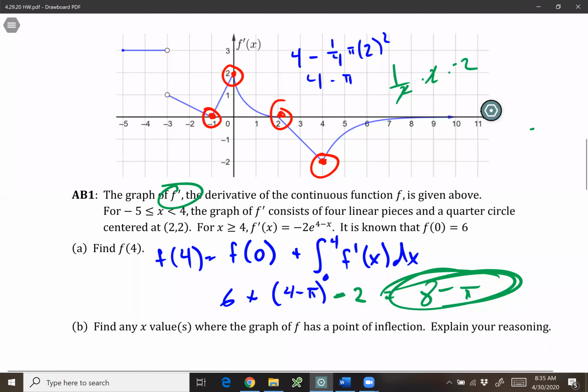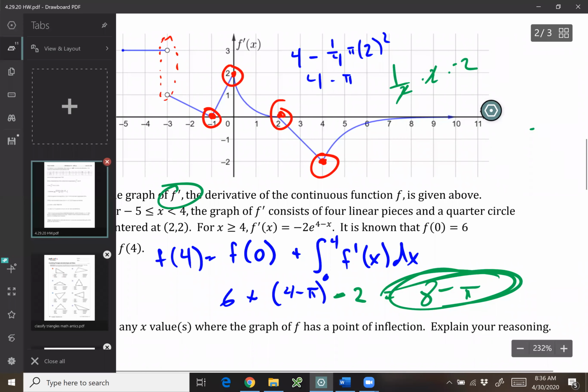Technically, they possibly could occur at a jump, because that's a discontinuity. So those are the only options for local extrema. And the reason for that